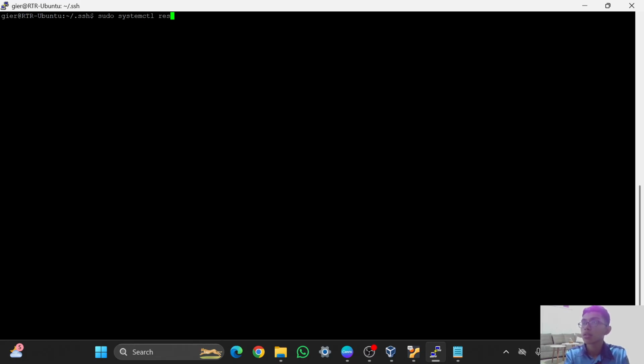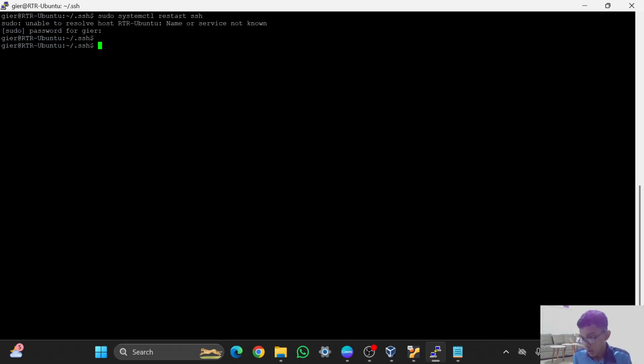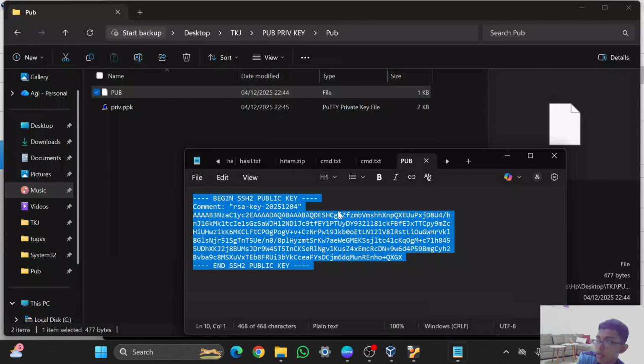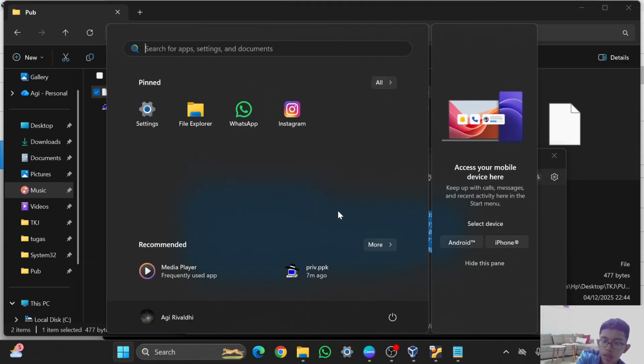Systemctl restart ssh and enter. The password is this one. It has already restarted, and after that we already pasted the public key, and we can close the PuTTY again. We close it, okay, and we can open it again.